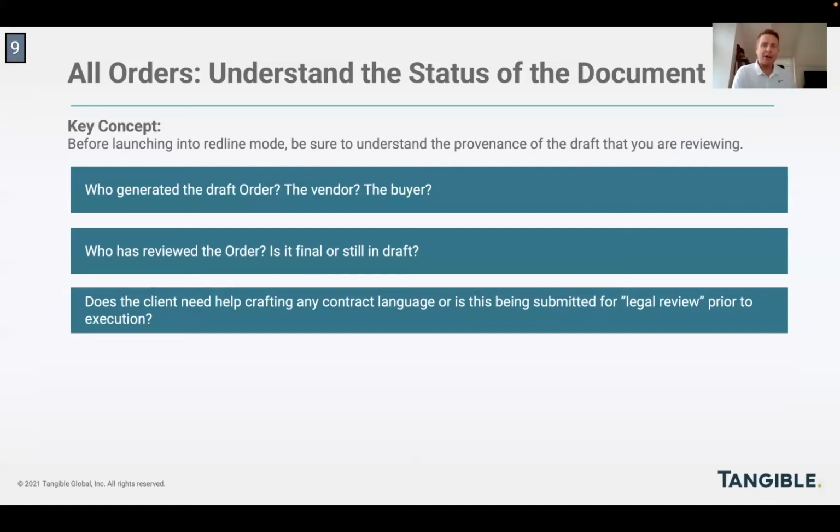But on the flip side, you might be asked to participate in the preliminary drafting of an order form. And if that's the case, you should consider if your client needs help or recommendations crafting any specific language that will be presented in the order form that goes to the vendor. So specifically things like renewal options or early exit rights are often concepts that a business stakeholder will have in their minds going into a deal, but they might need your help putting that on the page in a clear way to present it to the vendor.